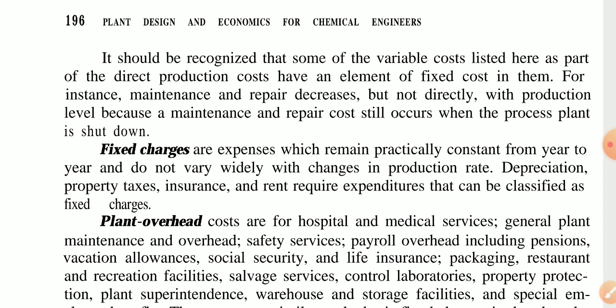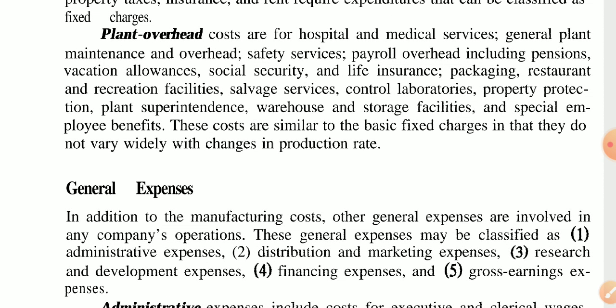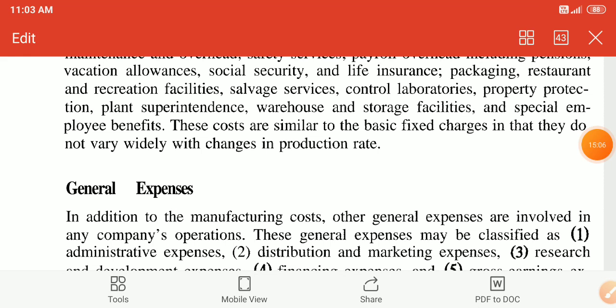Now the fixed charges are expenses which remain practically constant from year to year and do not vary widely with change in a production rate. Depreciation, property taxes, insurance and rent require expenditure that can be classified as a fixed charge also. And the plant overhead costs are the hospitals and medical services, general plant maintenance and overhead safety services, and the payroll overhead including pensions, vacation allowance, social security and life insurance, packaging, the restaurants and recreation facilities also. Okay, these are all points regarding the